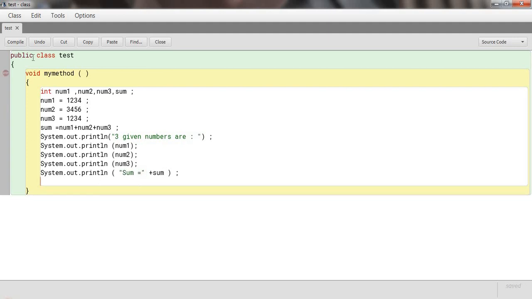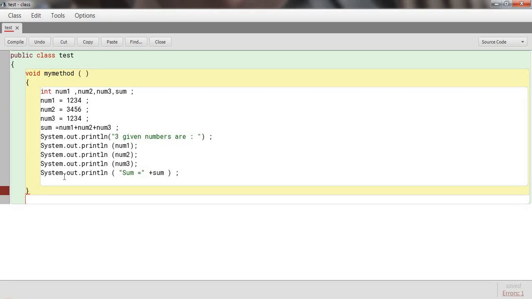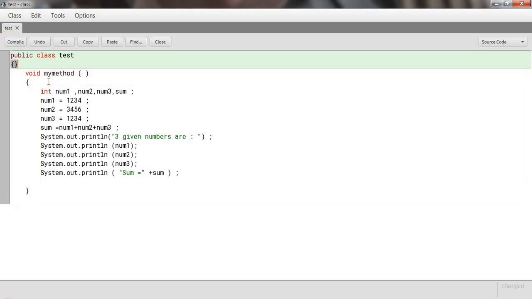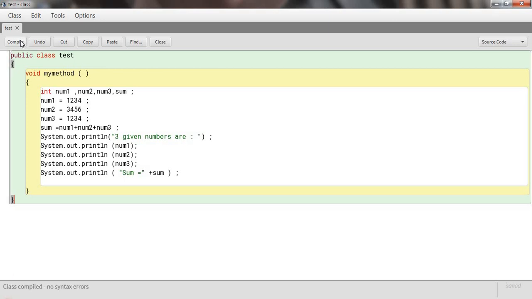If it becomes green then it's correct. Now click Ctrl K. The last error is there, so we have to close the bracket. Put it at the last. Now it's perfect. We'll compile. There is no error, so we can run our project.